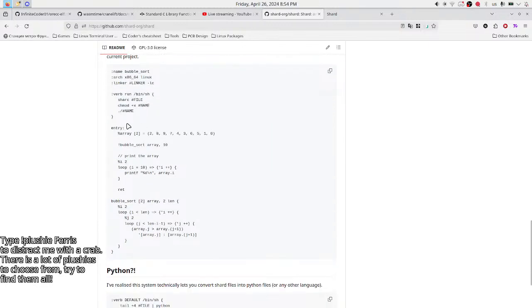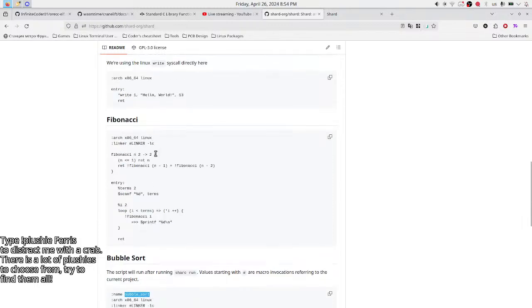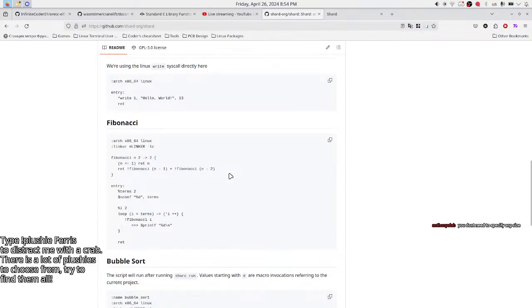Bubble sort. Oh, I'm actually scared to look at this one. You have a name for this one. The script will run after running sharc. You don't need to specify arg size. So how are you gonna do arguments?